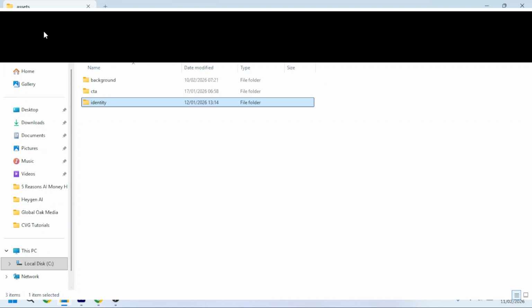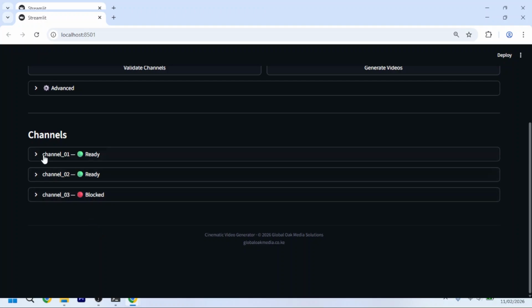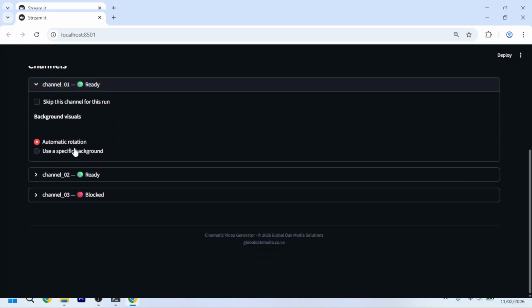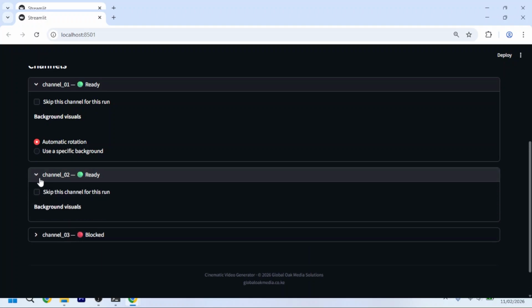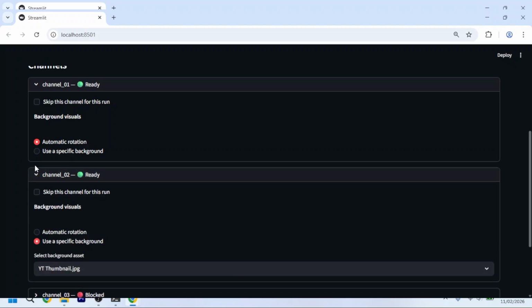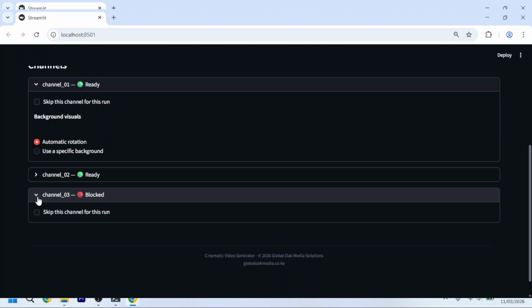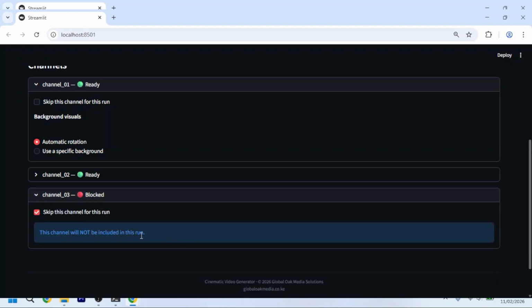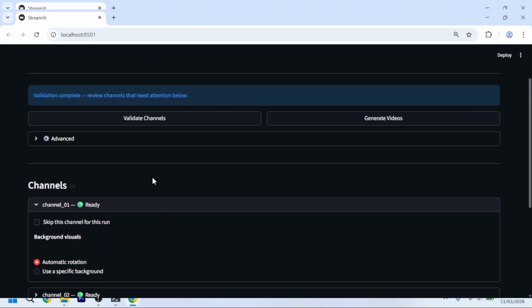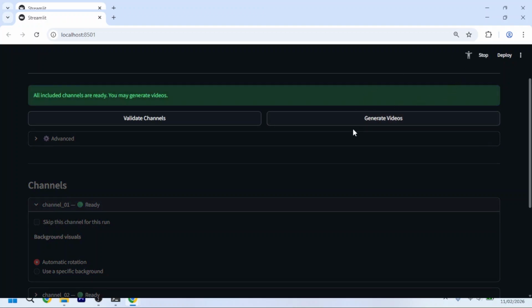Once you have done that, once your channels are ready to run, and you have confirmed that you have selected whether you want it to be automatic rotation or you want to use a specific background, and maybe there's a channel you want skipped, you can probably just skip that channel. Then once you do that, you hit generate, and it's going to create your video. So once you hit generate, it's going to go ahead and generate